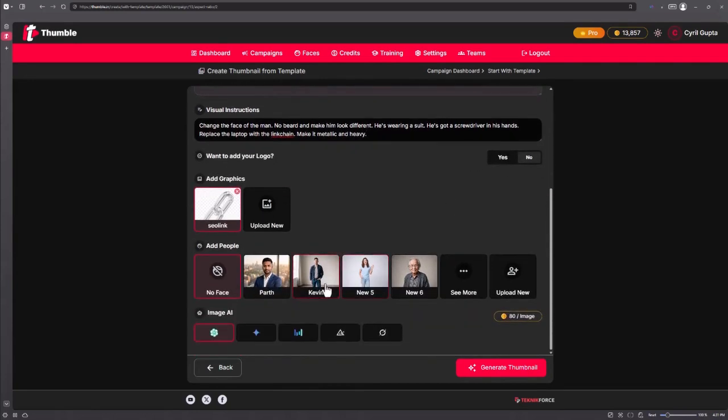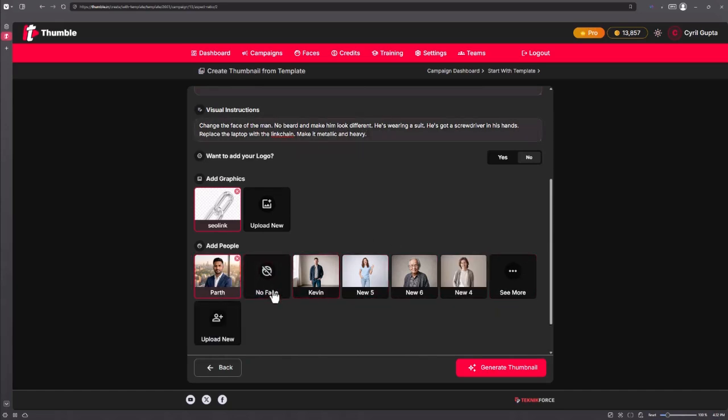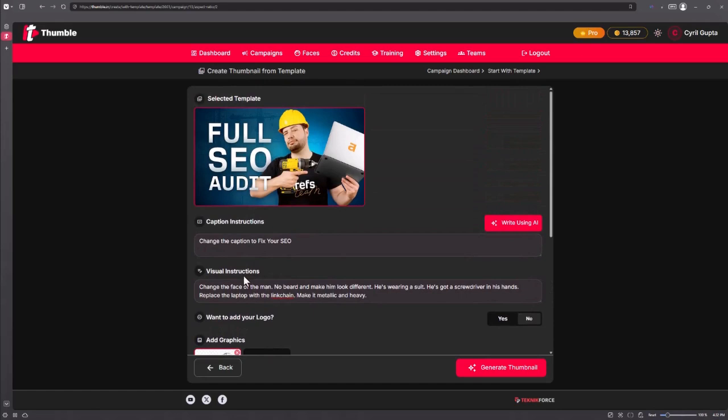Now you can also put in your own people in the image. So I've got Parth here, Kevin, a couple of new people, and you can upload your own image if you want to. If you want to upload more photographs, you can, but let's put in Parth, click on it, and that's all that's needed. Now let's just update the instructions of the visual, change the face of the man. Instead, we will write replace the man